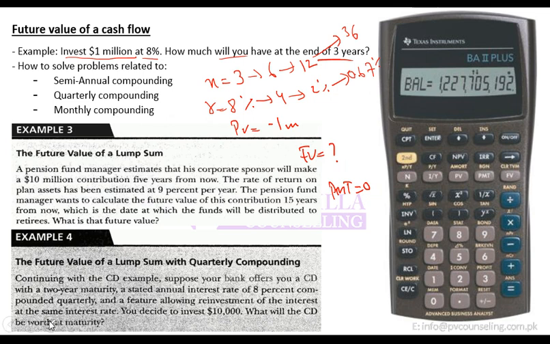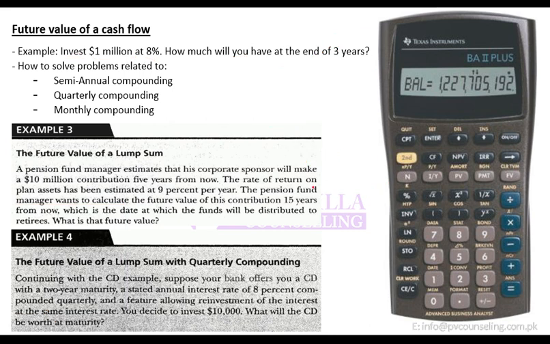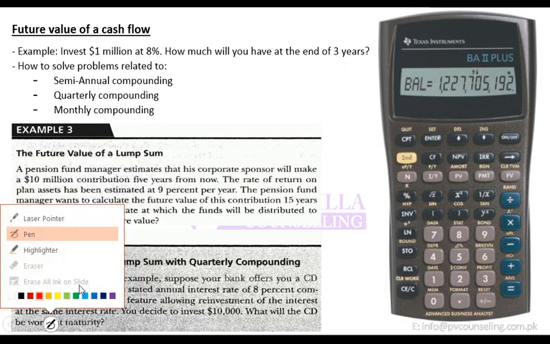So that means as long as you know how to use the calculator, these questions should only take 5 seconds or 10 seconds, and you should be able to come up with the answer. Once you have used the calculator for a sufficient period of time. Initially it will take longer, but as you get used to using this calculator, it should be done in 10 to 20 seconds max. Your calculation should not take more than that.